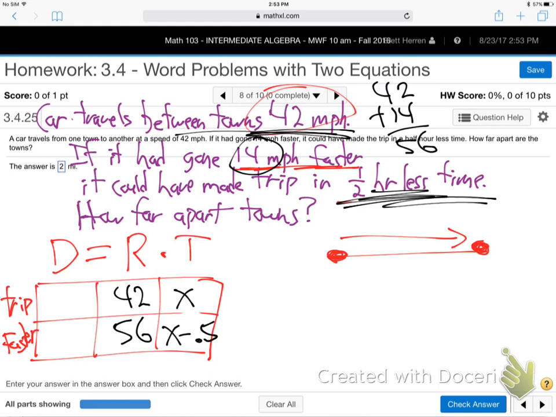Now, how do you know which one gets the X and which one gets the X minus 0.5? Yeah, faster trip, lower time. Makes sense. So less time is on the faster trip. That's why we drive faster. So think less time, right? Good? Is that making sense so far? Everybody good with that? We got 4 boxes. As soon as you get 4, what do